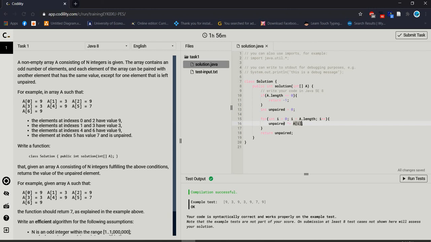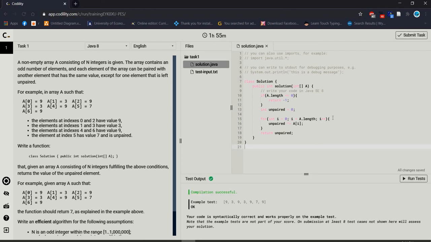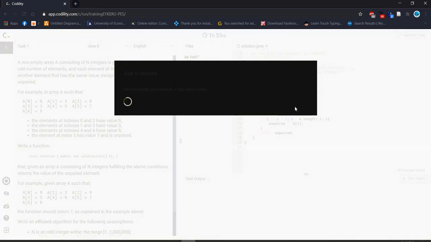From these elements XOR will help to get the unpaired value. After that we return unpaired. So now test again. After that we are going to submit. Let's see what our score is.